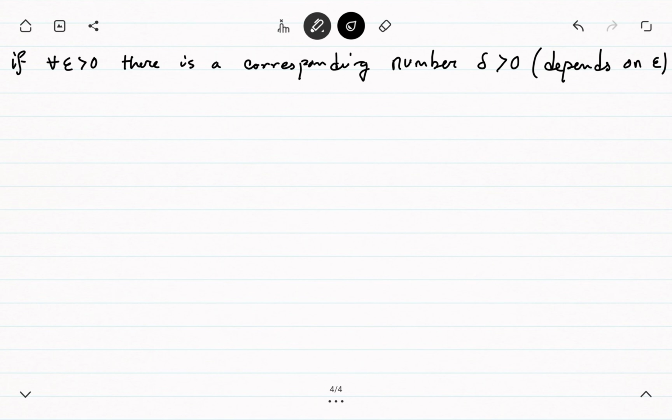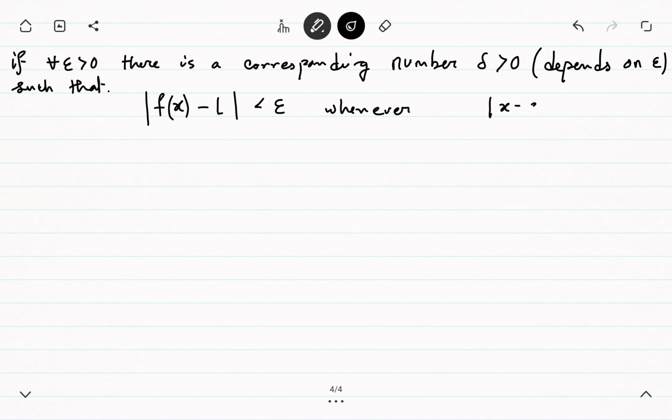This epsilon such that this f of x minus L, and this can be evaluated like this, f of x minus L is evaluated, and this entire quantity is less than epsilon whenever the distance between x and c is in between 0 and the value of delta. Okay, so this definition is illustrated